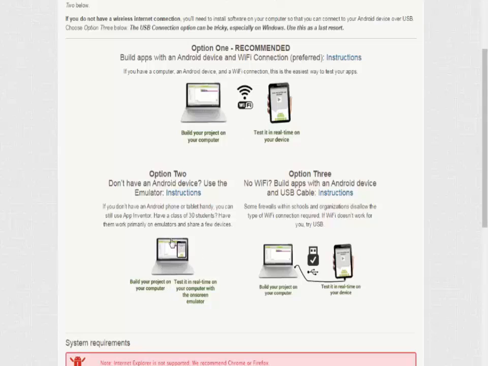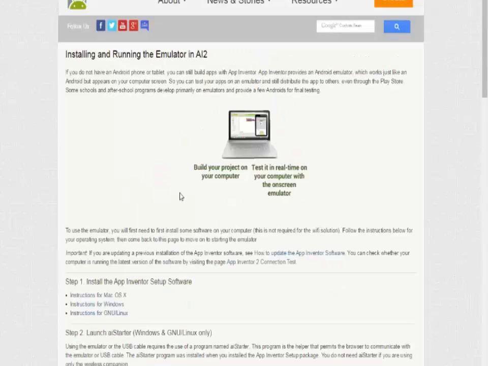One where I have a computer and I intend only to use the emulator for the time being. I can use a connected device a bit later on. And the third option is where I have a computer and an Android device, and they are physically connected using a USB connection. In this instance, I only want to use the emulator for the time being, so I'm going to take this option on this occasion. So I click on the instructions,